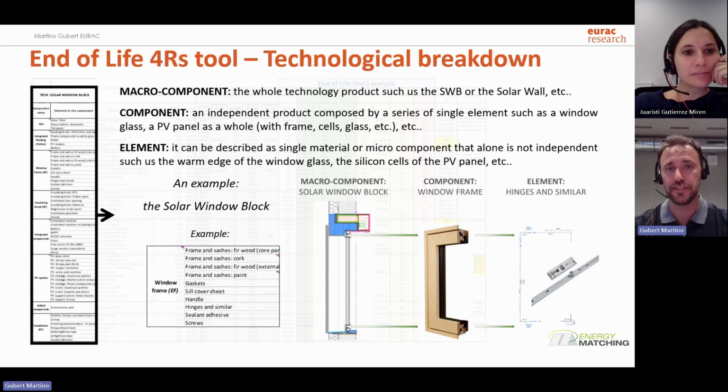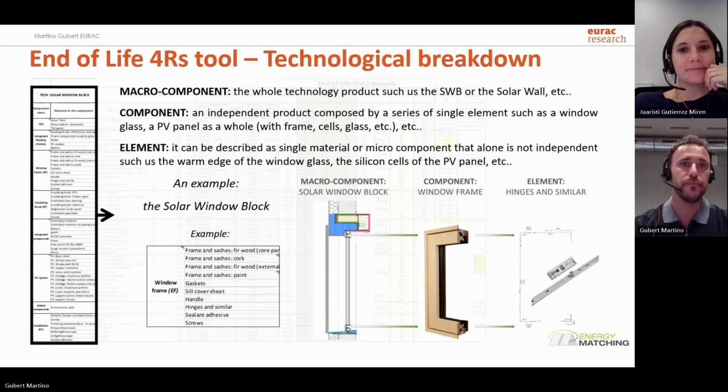So decompose the technologies into the macro component, that is the technology, and then the component, that is a single element that composes the macro component, and then finally the element, that is the single smallest element in the technology, like the single material. Yeah, like the single material, hinges, or a handle, or even the screws.